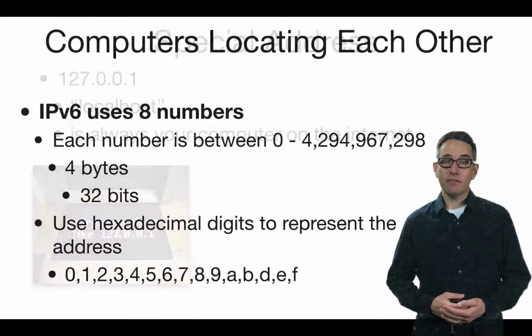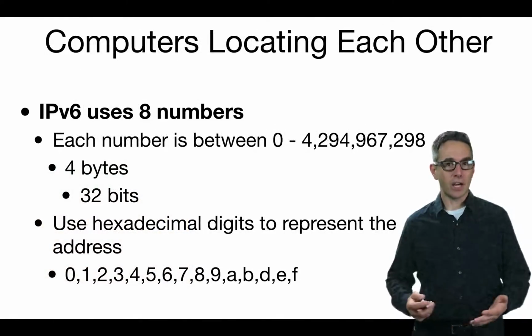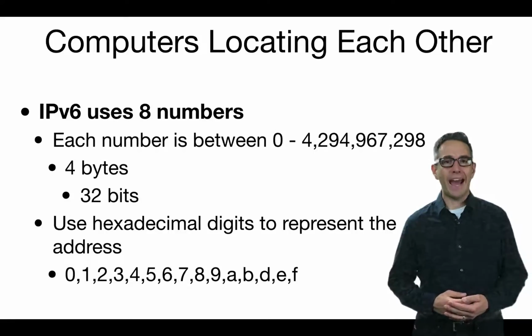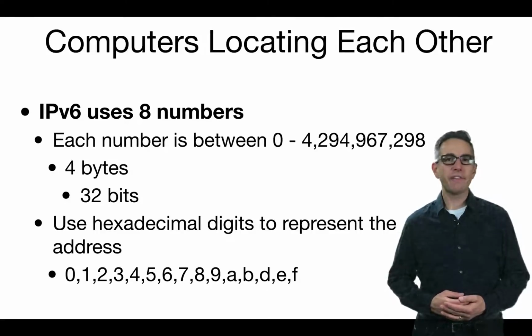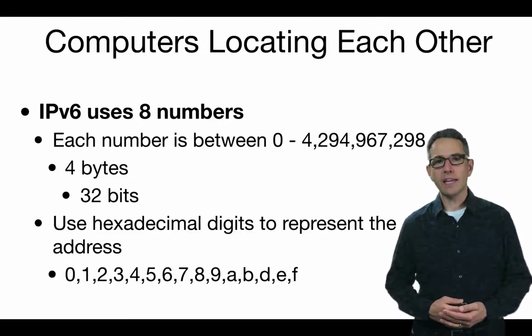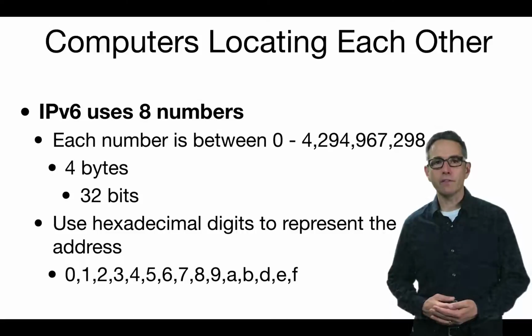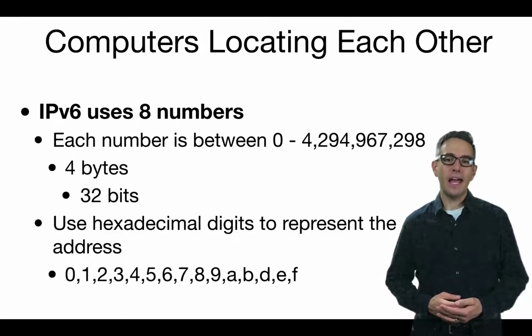So that's IPv4, 4 sets of numbers that identify computers on the internet, but that are not enough numbers for all the computers that want addresses. And so we have firewalls and network address translation in order to make that work. IPv6 uses significantly more numbers. It uses 8 different numbers, and rather than having each number be between 0 and 255, each one of those 8 numbers is between 0 and